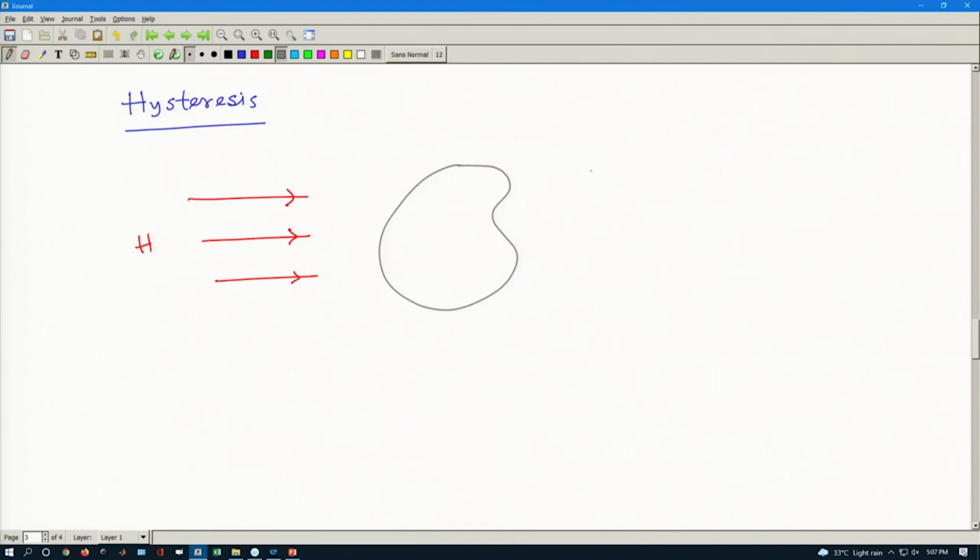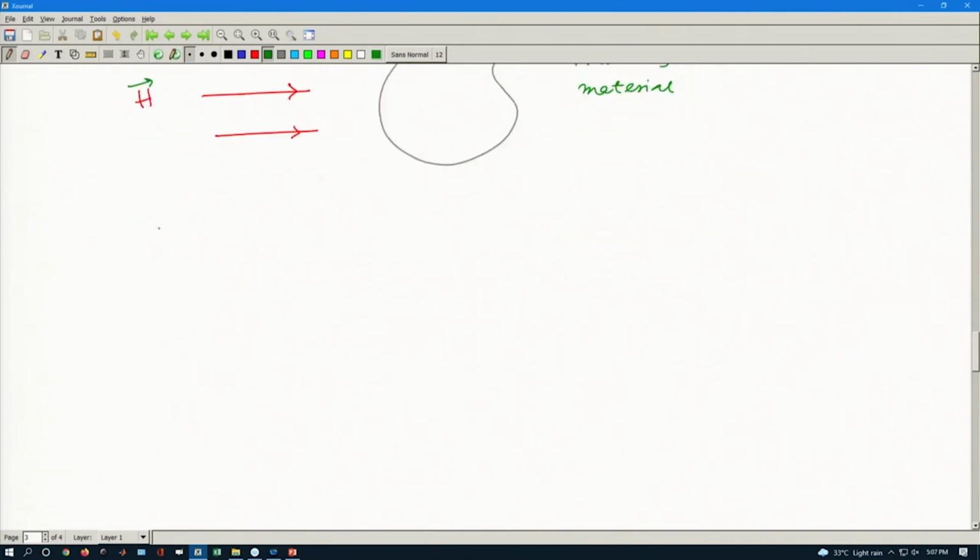So, this is an unmagnetized ferromagnetic material placed in the external magnetic field. Now, what happened